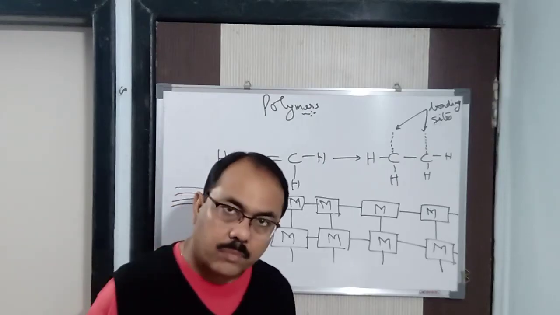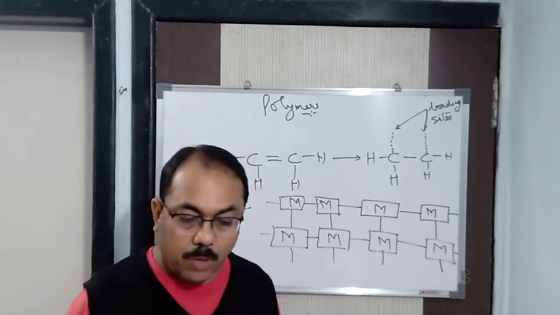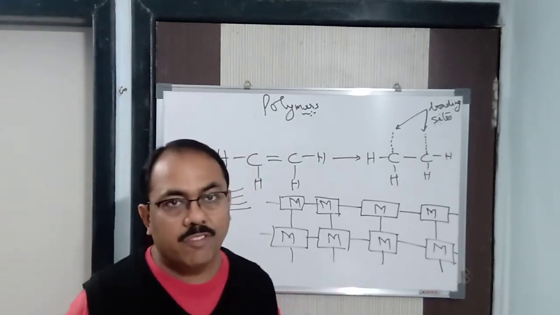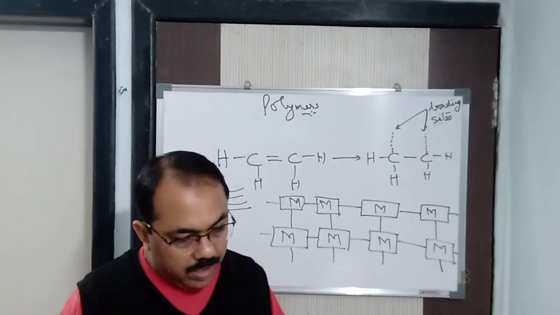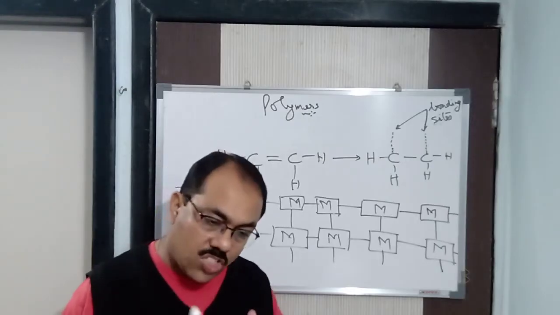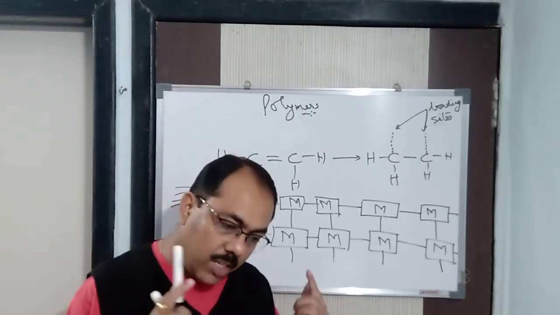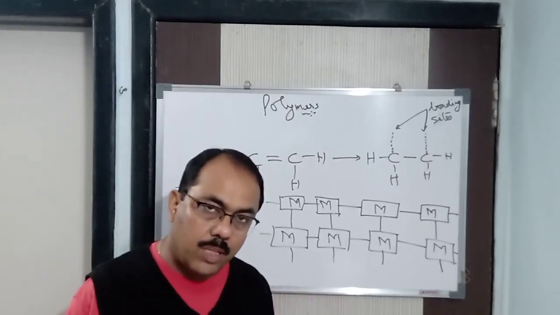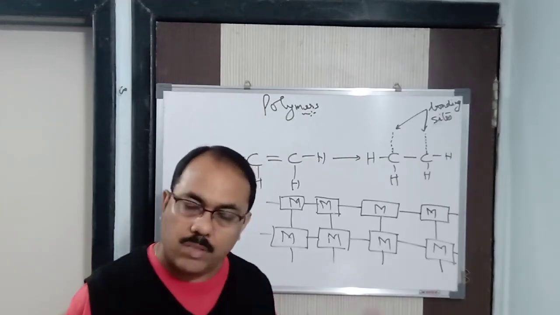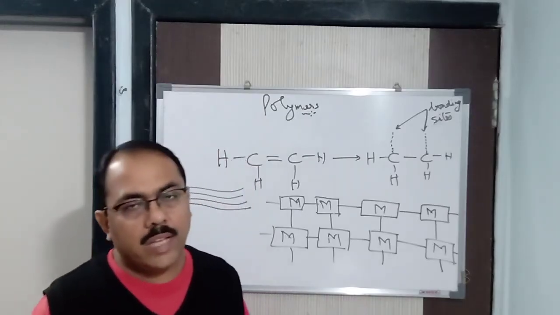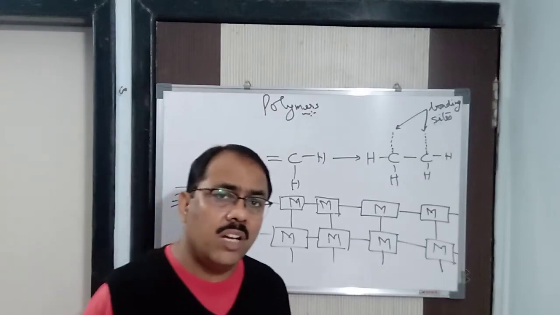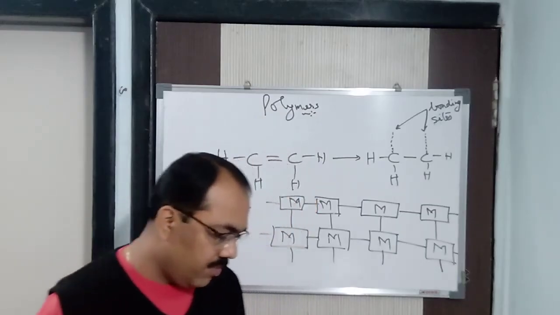Now you understood what a polymer is, how a polymer is formed, got it? How a linear polymer is formed, how the chain grows linearly, how it grows 3-dimensionally, got it? If it grows linearly, what are its properties and characteristics? If it grows 3-dimensionally, what are its characteristics and properties? You have understood. Now, based upon that, we will come to the classification of polymers, different types of